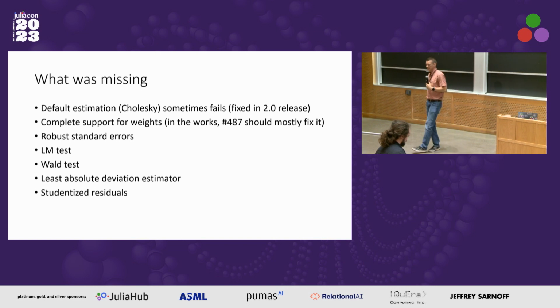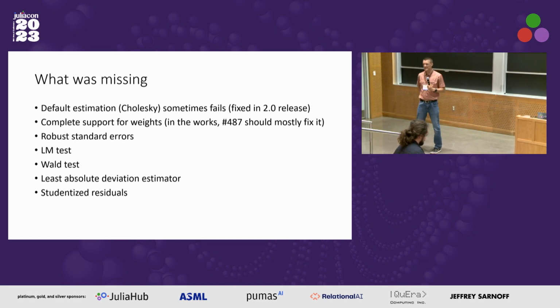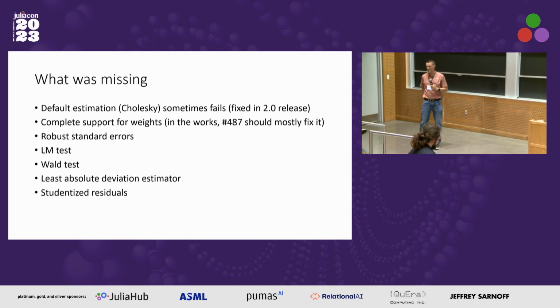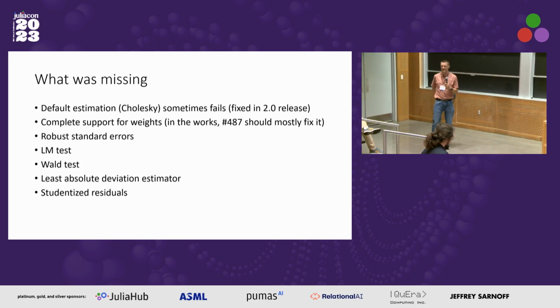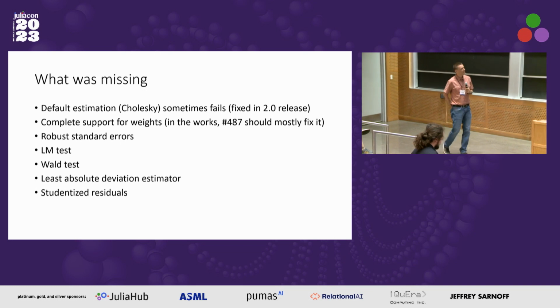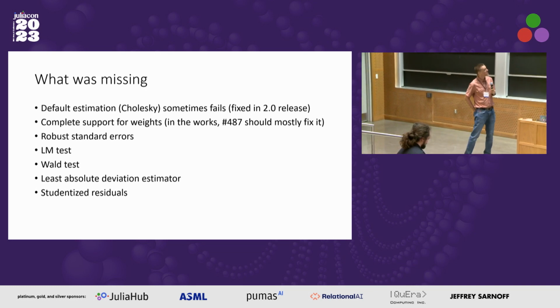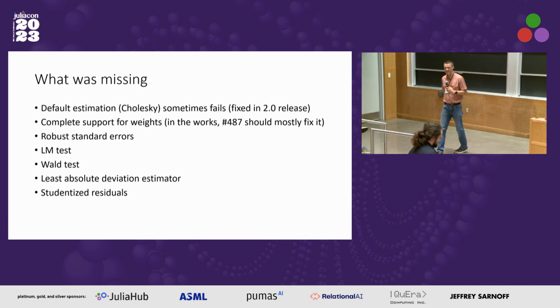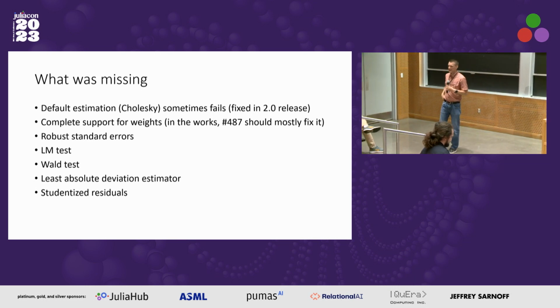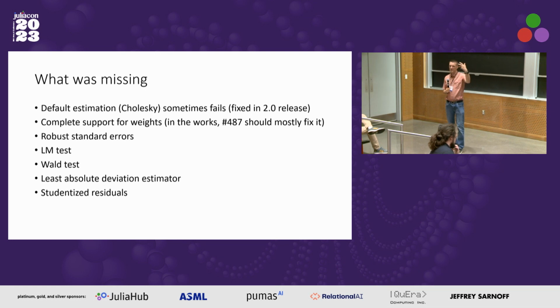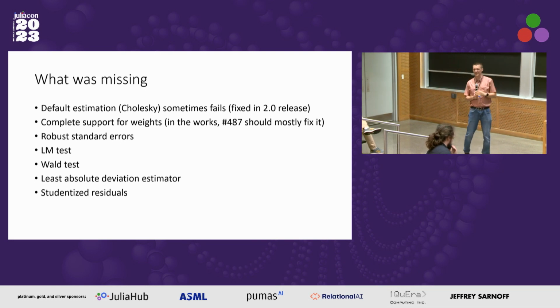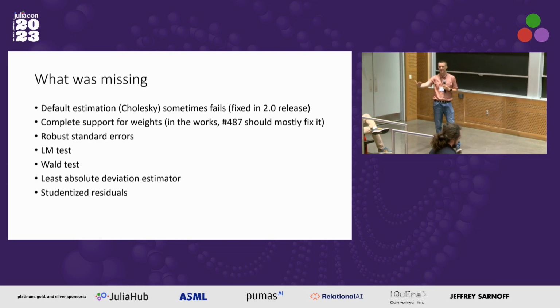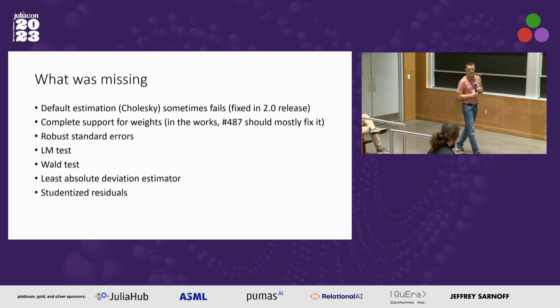So GLM.jl does not have as complete support for weights as R. But again, this is something that is a PR in the works, and hopefully soon it will get merged. But again, in the codes I have shared, wherever weighting was required by Wooldridge, I implemented it manually, and it works. So again, it was not a blocker that you cannot use it, but there is one extra